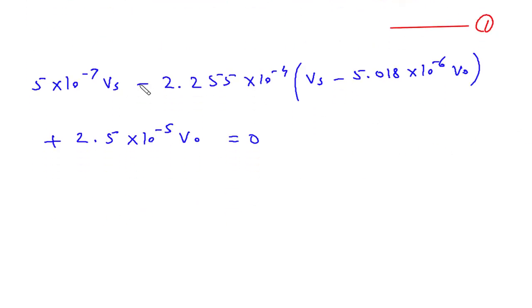Now this will be 5 into 10 to the power minus 7 VS minus this value into VS will be 2.255 into 10 to the power minus 4 VS, and this will be minus minus plus, so plus